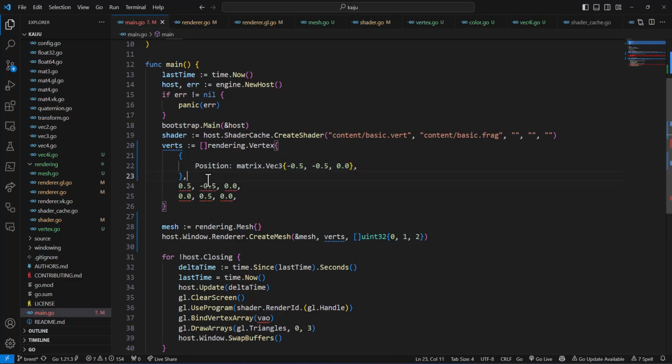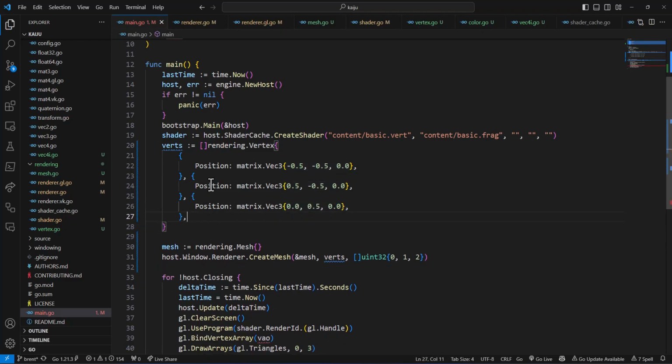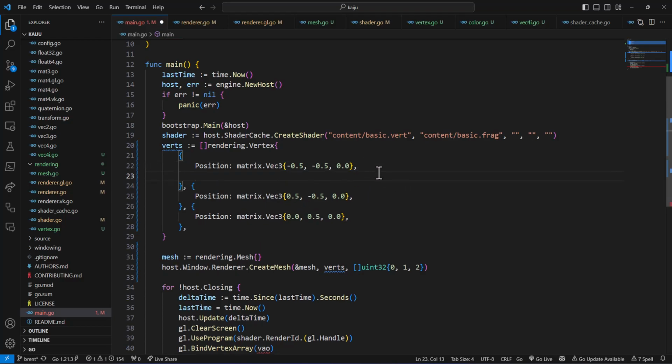And then we can copy, paste, paste. Take in these guys for our second one, this guy for our third one. And we don't really need to set anything else, just because we're not texturing, we're not doing anything else. So I'm just going to leave them all blank, but I may make the color